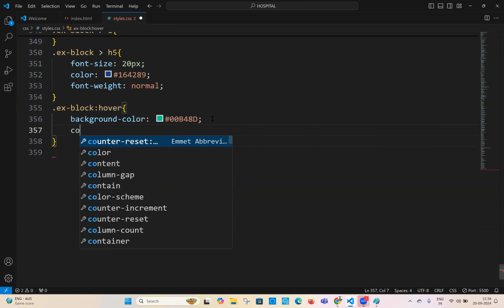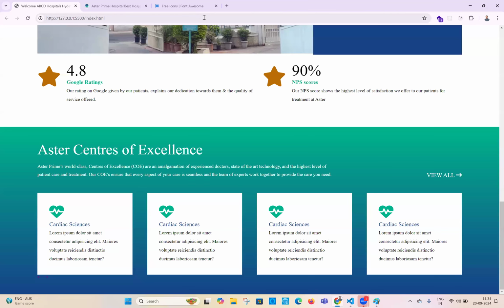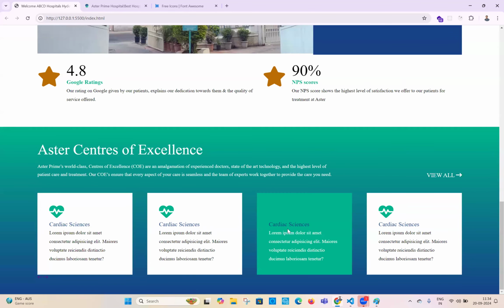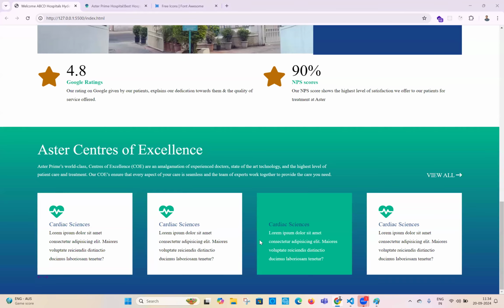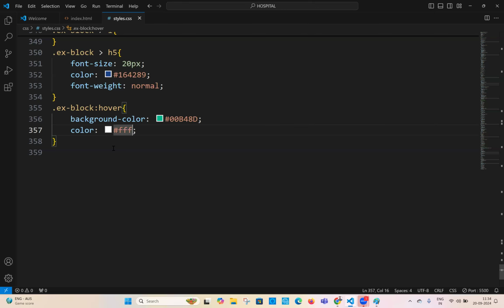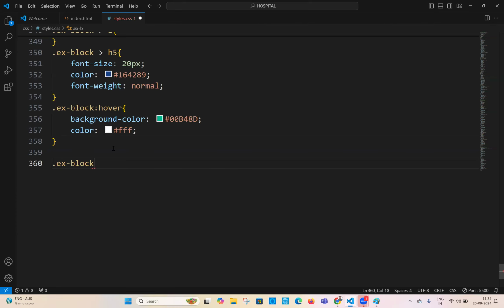Can I write color white directly? See, one solution I'm using: color white I am writing. Let us check whether this is working or not. When you're hovering, color should be white. So you see, color is not white. Paragraph color is white, but that title color is not white. Okay, do one thing. Then what I want to do is .x-block